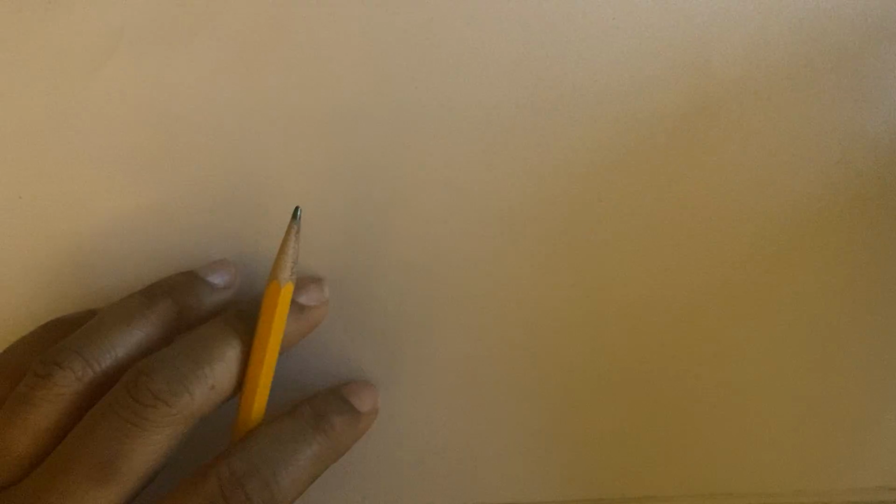So the first thing that you're going to do is get a piece of paper and get a pencil, maybe even an eraser, and then you're going to go ahead and get started. So I have a pencil, an eraser, and a piece of paper. So the first thing I'm going to draw over here is an apple, and